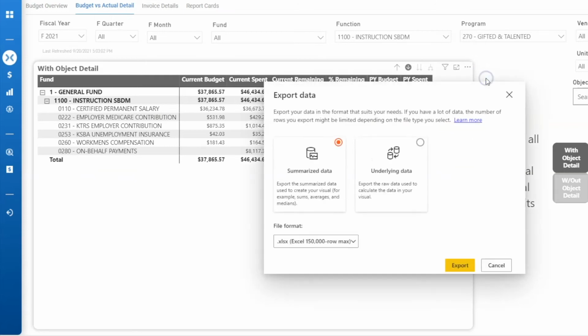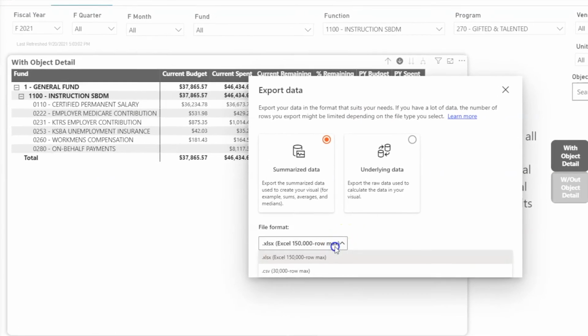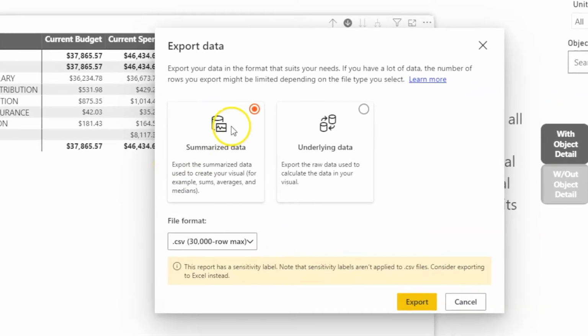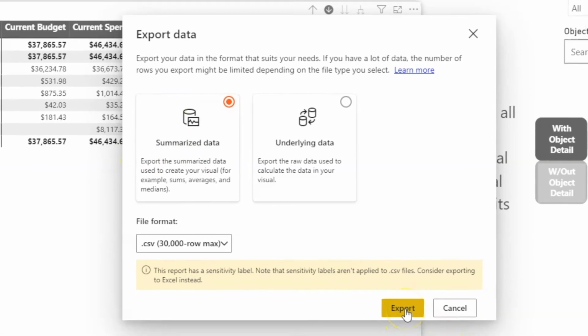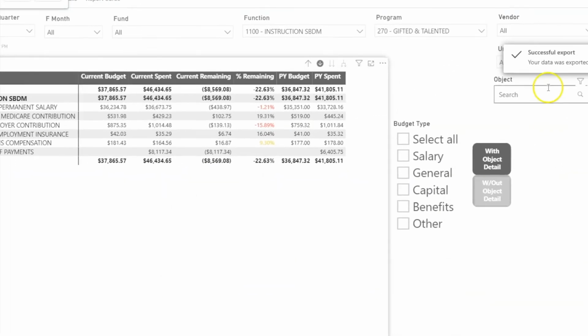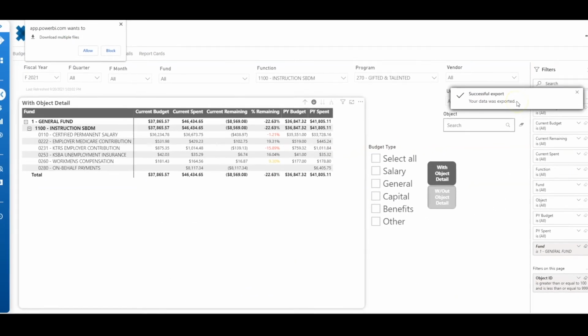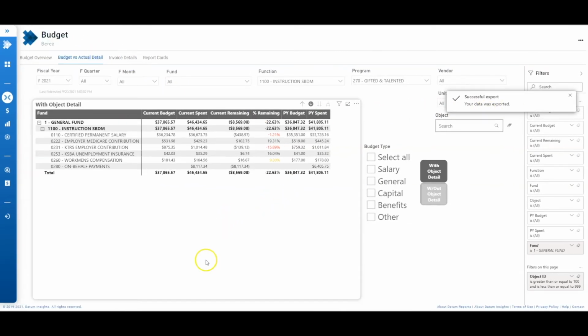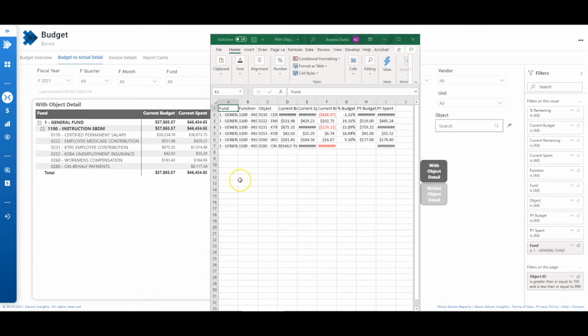data. And this will allow you to export it into Excel or a CSV file. You can just leave it as the summarized data as the default, and then click export. You'll see that it's successfully exported, and now you'll navigate to your downloads. And now when you open it, you'll see everything that was in this window has now been downloaded here, so